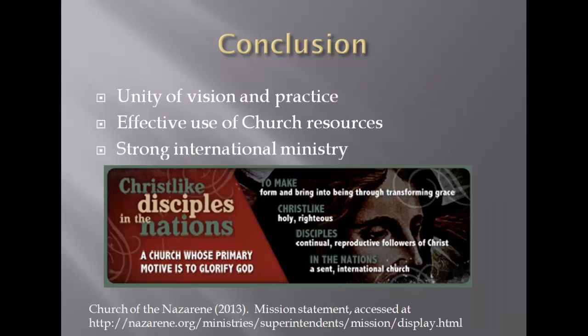Once implemented, this Internet will be a great asset to the Nazarene Church in pursuing its mission, connecting church leaders around the world. It will help the organization stay united in its vision and make effective large-scale use of its resources.